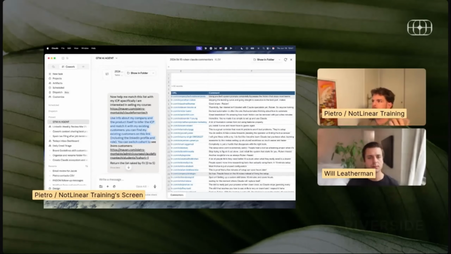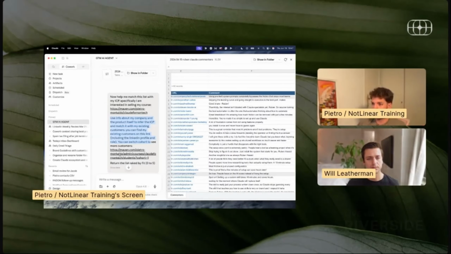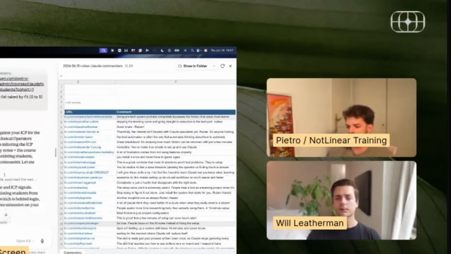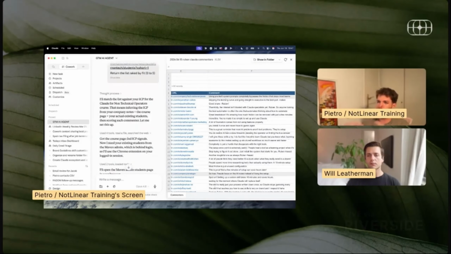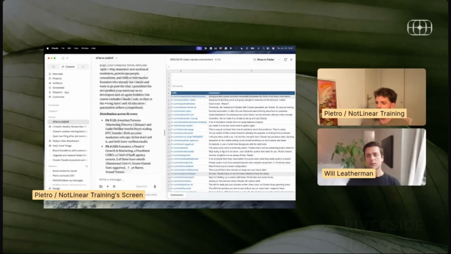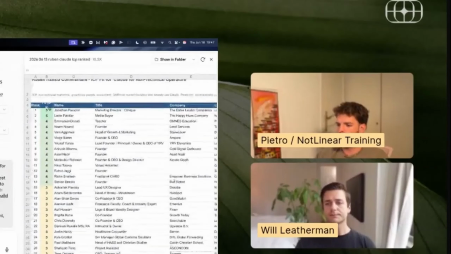And Claude by himself opens a page, goes through my course database page, which is where I run the courses on Maven, is able to access it using a browser extension and check through all of the information about those people as well. So it will use those information to actually provide a better response and give me a better output for this specific task. It does all of this just by prompting. It's just about defining a process and giving access to the right tool so that this can really do a good job. And basically the final output is, hey, I have a CSV and an Excel with the ICP fit,